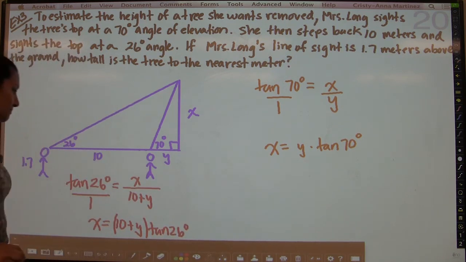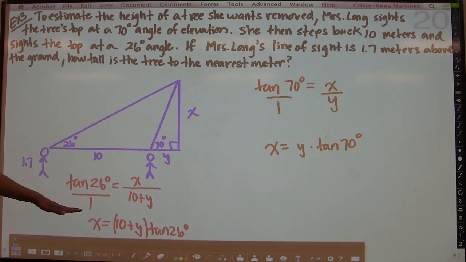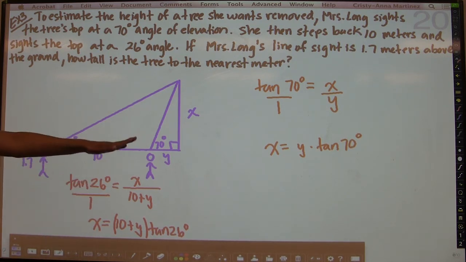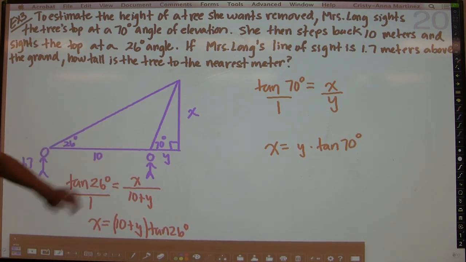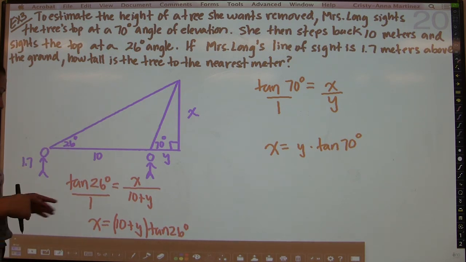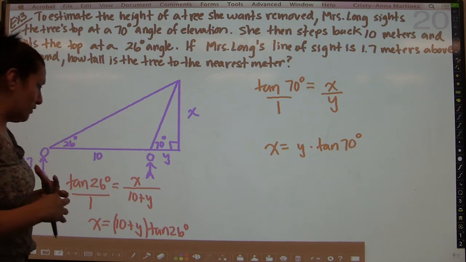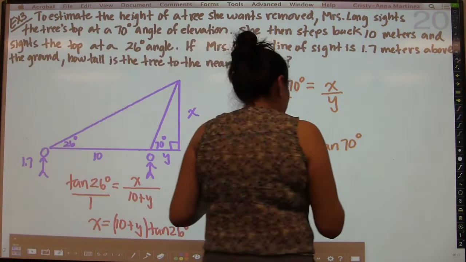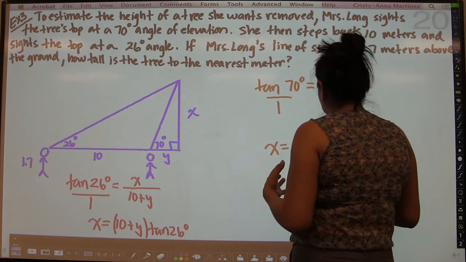Now it gets interesting. So now that you have this, we know that x equals 10 plus y times tangent 26, and x also equals y times tangent 70. So at this point, what we can do is equate the two. They have to be equal to each other because they're both the same x. So now we're going to equate them, and we're going to get